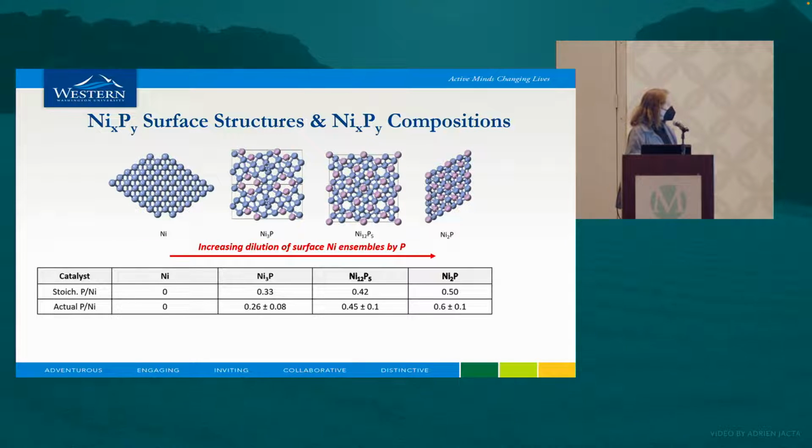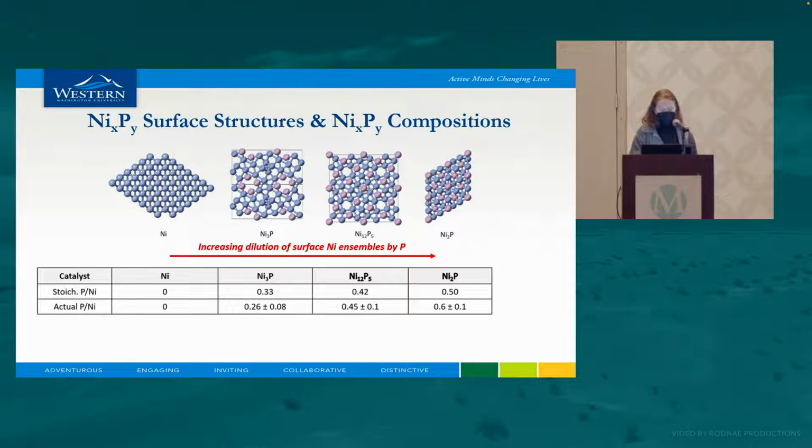And of course, for our stoichiometric phosphorus to nickel ratio, nickel has the least. Our next highest is Ni3P with a ratio of 0.33, then Ni12P5 with a ratio of 0.42, and then finally Ni2P is our most phosphorus-rich phase with a